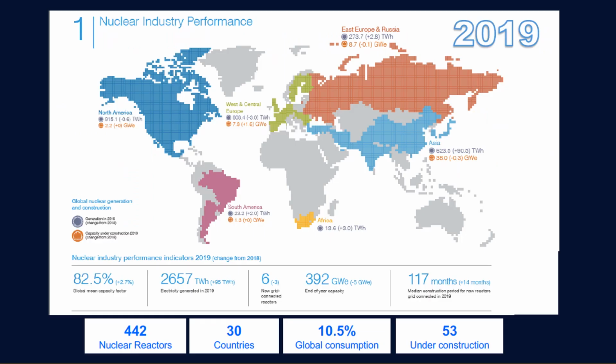So this is a map of the world of the nuclear industry performance in 2019. And we have around 442 nuclear reactors around the world, which is divided into 30 countries, and we have 53 under construction. But of course, we do not have one here in the Philippines. We do not have a nuclear power plant here. Most of the nuclear reactors are in France, which actually powers up 70%